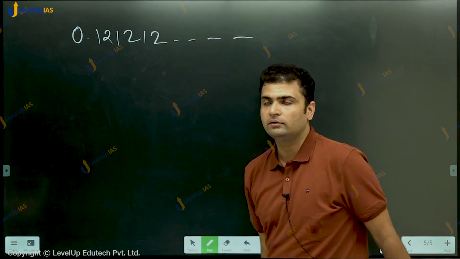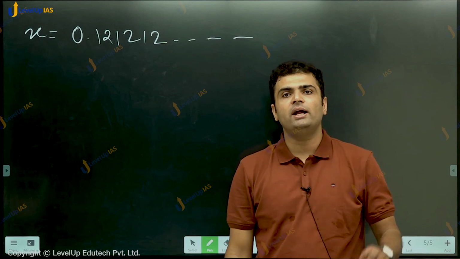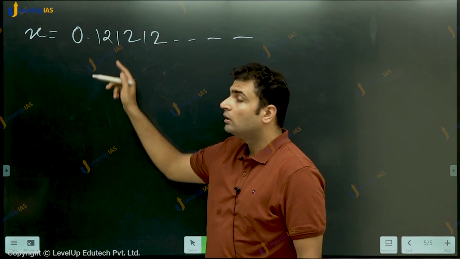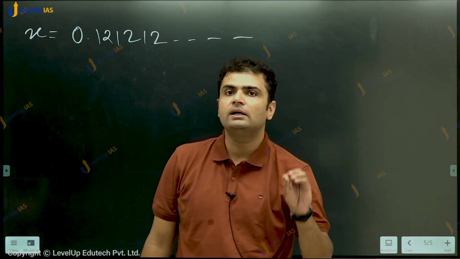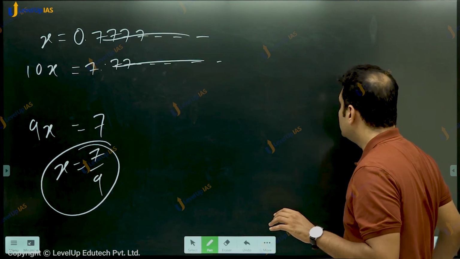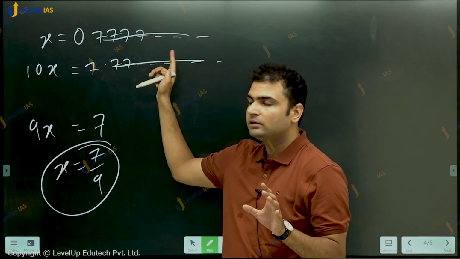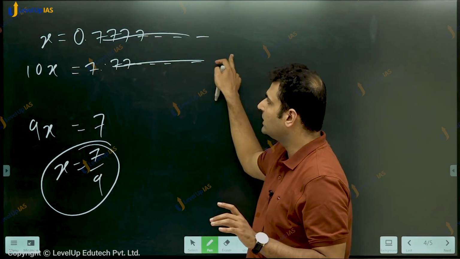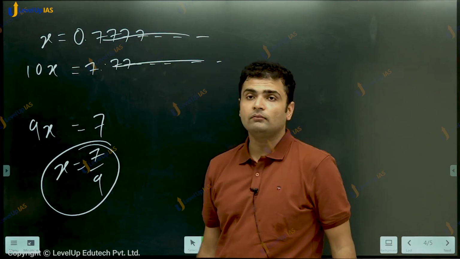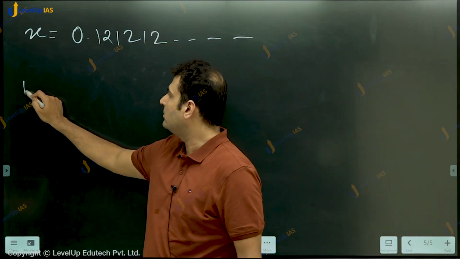Another example, let us take 0.121212 indefinitely, so again we'll call it x, but now instead of multiplying it by 10 we multiply by 100. Why? Because here two terms are repeating. What was our purpose? We wanted to get the same thing after the decimal point, so that it cancels on subtraction. Like here, if we multiply by 10, the decimal part is not the same. The quantity that we got after the decimal point was the same here as well as here, that is why it is cancelling out, so we have to make it cancel. So what we do is we multiply it by 100 and